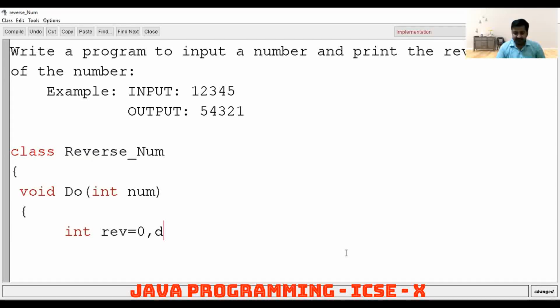So what will be the concept? Let me explain you. Such as this is your number 1 2 3 4 5, and when this is a number, what you have to do, you have to extract the digit. First of all, you will extract the last digit, and when 5 is being extracted, so 5 will be stored in a separate variable that we had already declared, rev. So when it is being reversed, you see the answer is being given 54321.